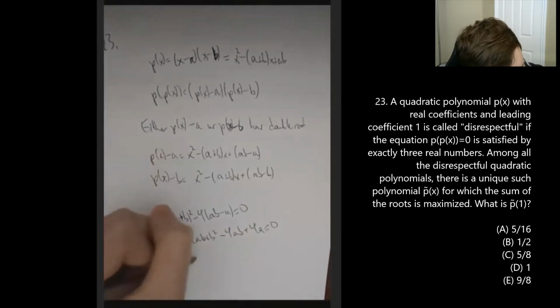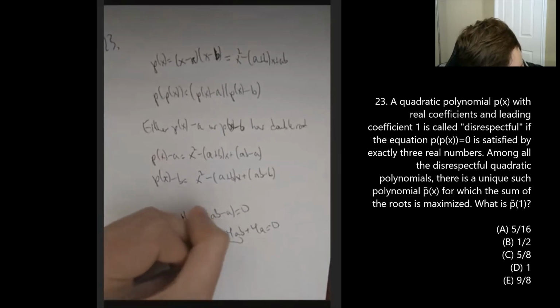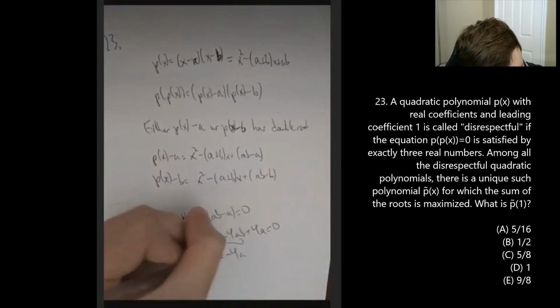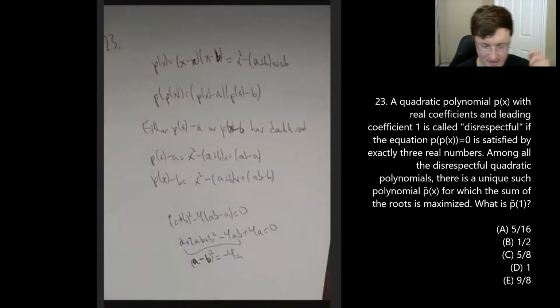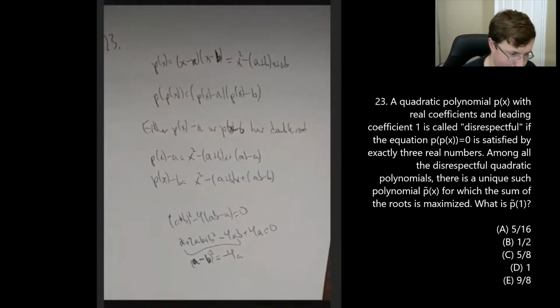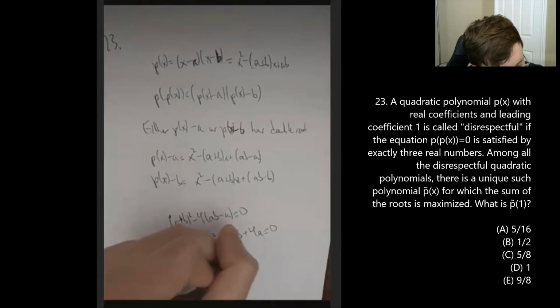Okay, so a minus b squared equals minus 4a. What can I do with that? Okay, so a is going to be negative. So maybe I'll say a equals minus